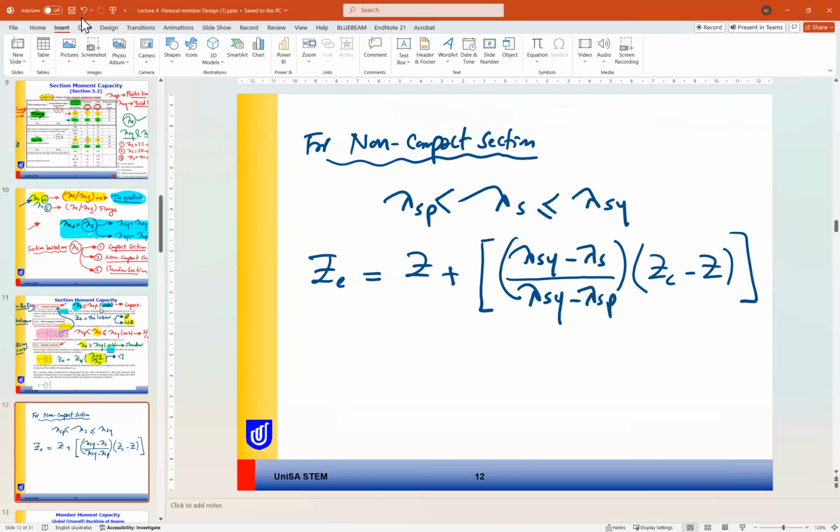So this is like interpolation between the two values for slender and compact section, where